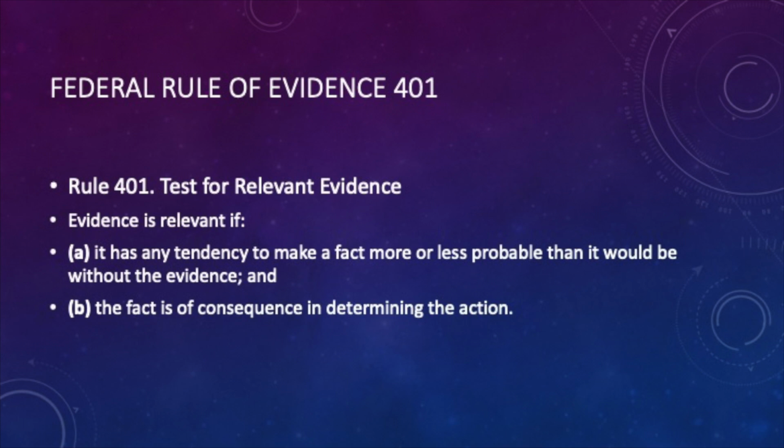The test for relevant evidence is pretty much the same throughout the country. A lot of states use the federal rules of evidence as a model for this issue. And the federal rules of evidence, specifically Rule 401, says that the test for relevant evidence is whether or not it has any tendency to make a fact more or less probable than it would be without that evidence. And that is of consequence. The fact that seeks to be proved through the evidence is of consequence to